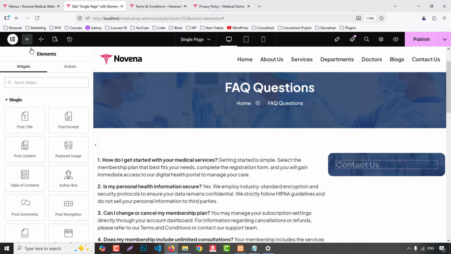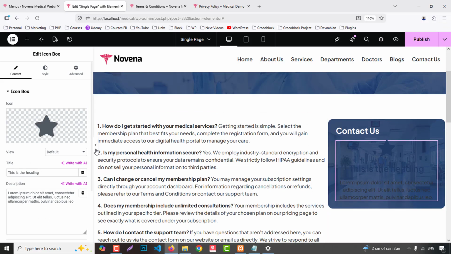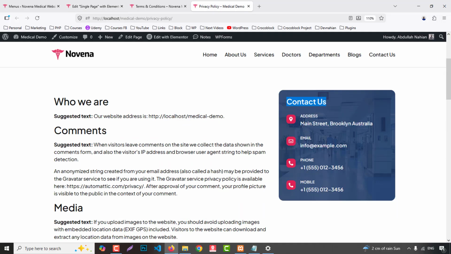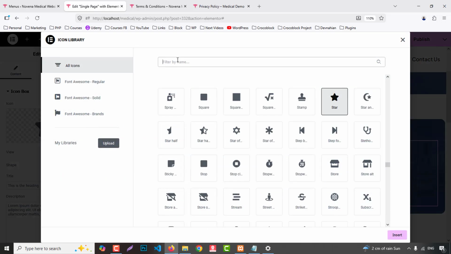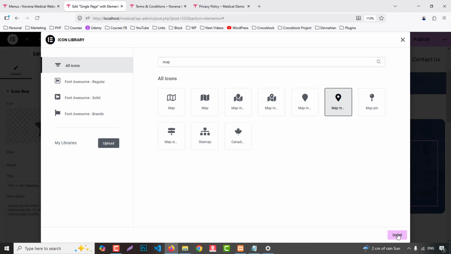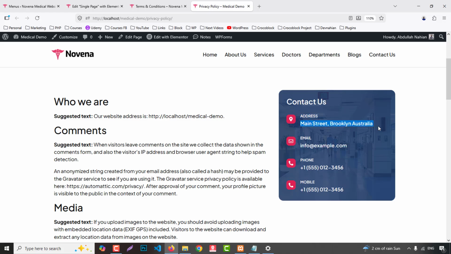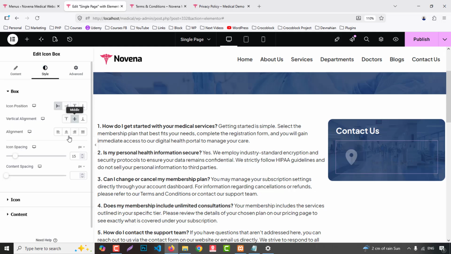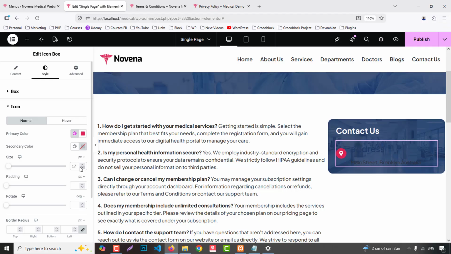Now we can search for our icon box, okay, same icon, stack, style, left align, vertical and middle. So from here we can just search for address, search for map marker icon, insert. Now here address, this one, okay. Go to the style part. So from here icon, change color to our secondary color, and font size like 16, and here radius